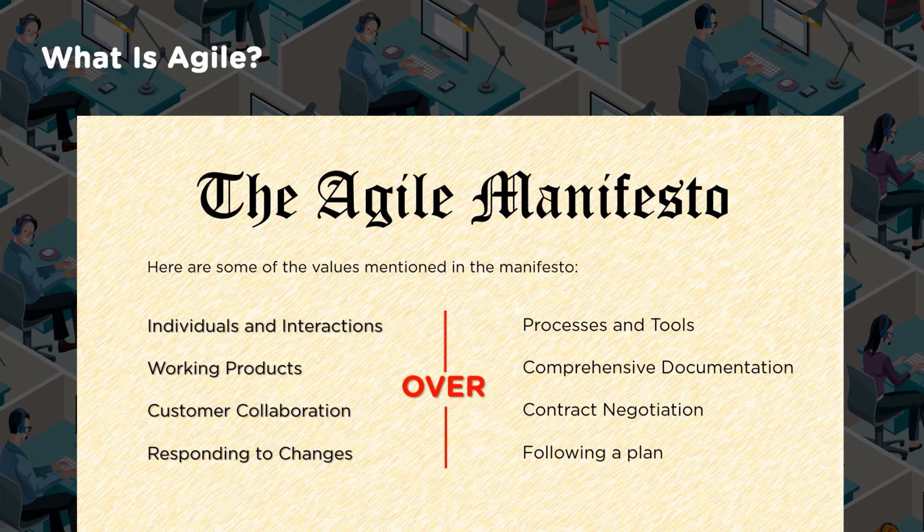Next is customer collaboration or contract negotiation. So any engagement or any relationship or any business, can it happen in the absence of a contract? Answer is no, there should be a contract. Now how should this contract be when we want to follow Agile? It should allow customer collaboration. Why are we collaborating? To understand what the customer requires, to understand that what the customer needs is fulfilled, right? So this requires a lot of flexibility in the contract itself, so commercial is one area which gets impacted, and there should be guidelines for that also in the contract.